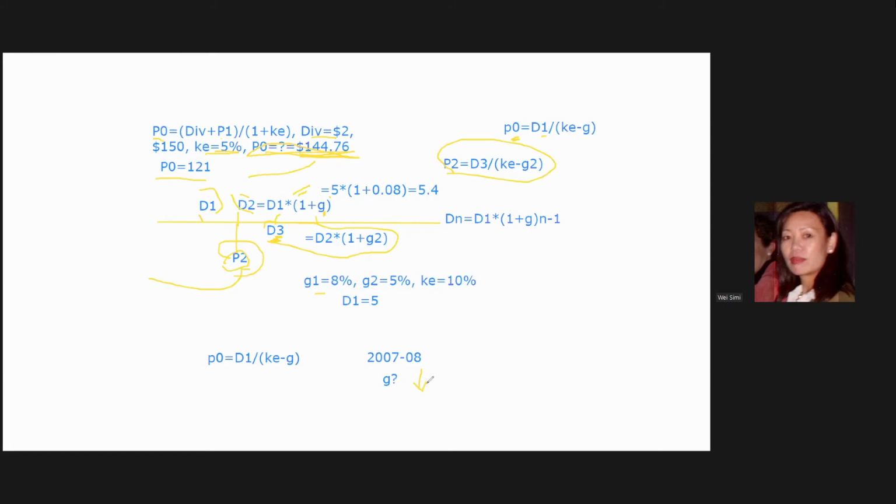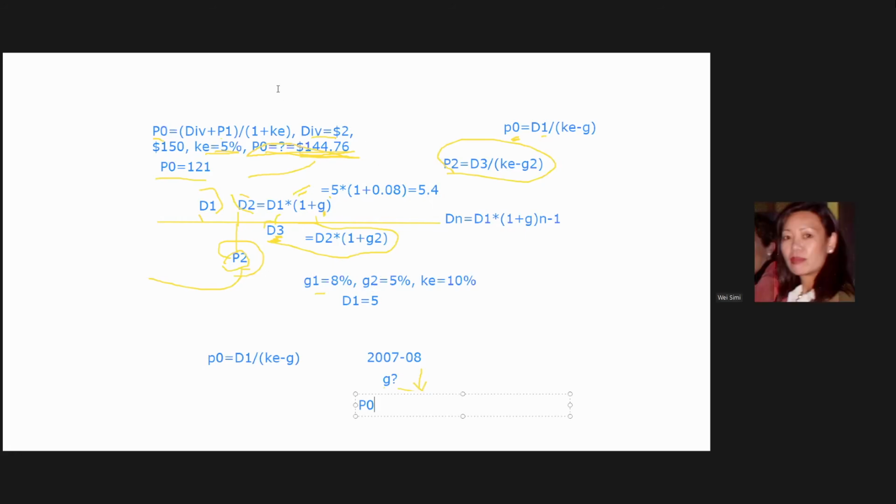Same thing with Apple, Google, Facebook, everybody else, same logic, right? Very good. So during the financial crisis or recession, the growth rate will drop. Okay, good. If G dropped, what happened to P0? We did a good job analyzing G. Now what happened to P0? Up or down? Down. Yes, going down. Thank you.